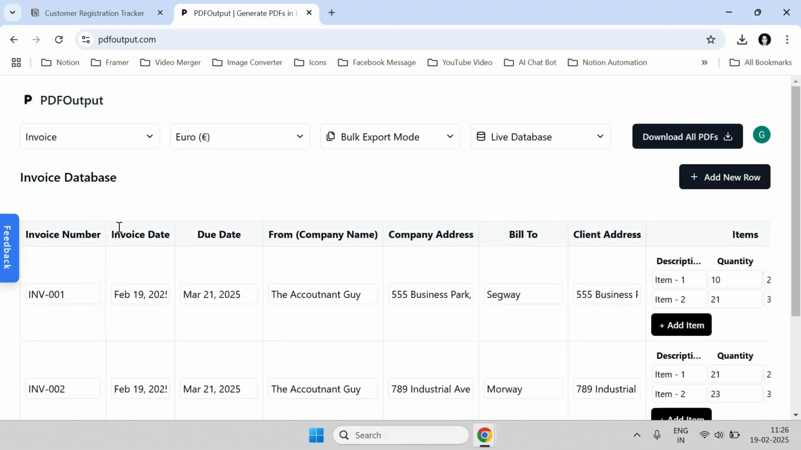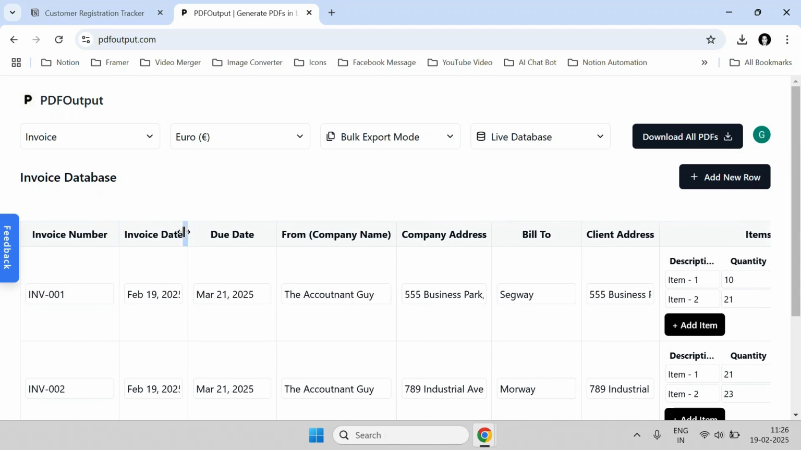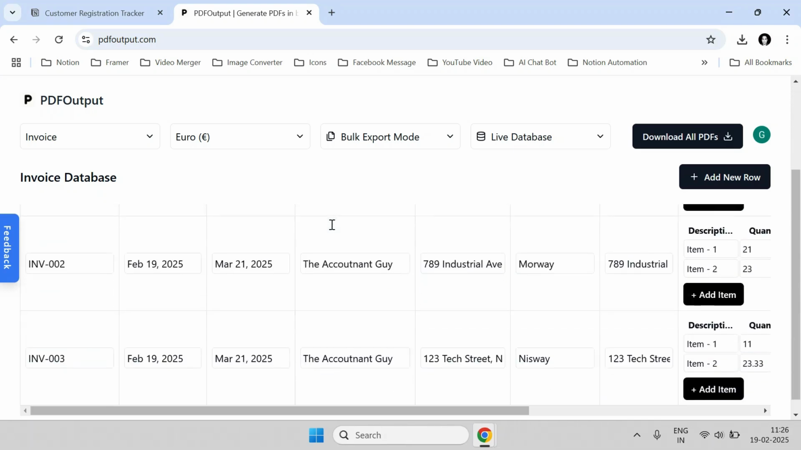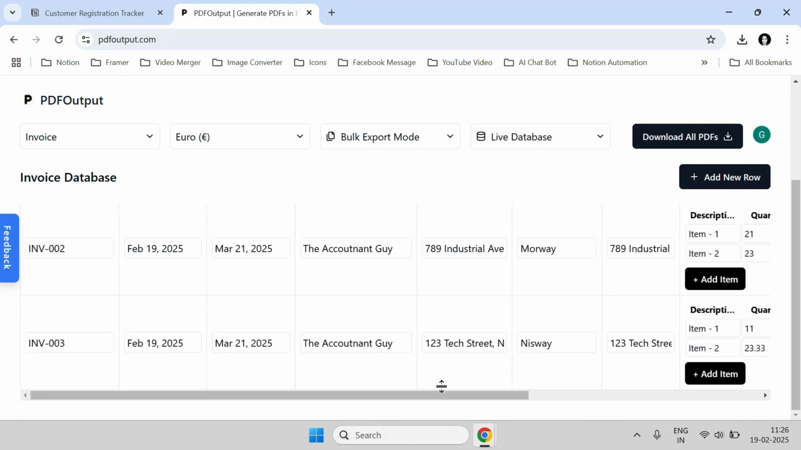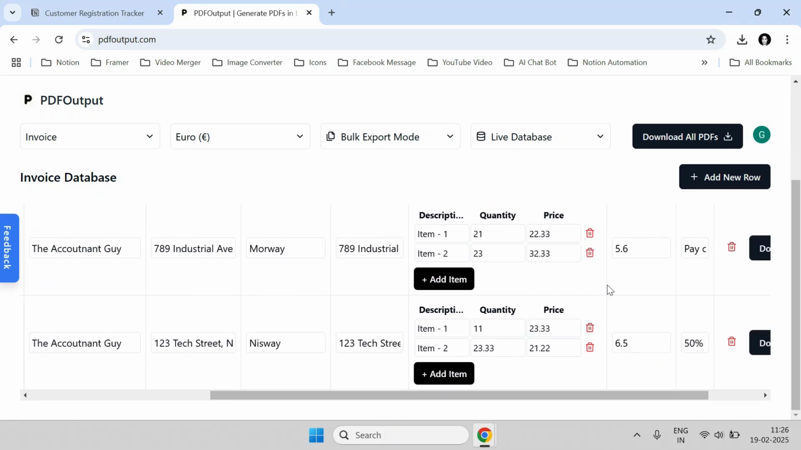You can see we have the invoice number, the invoice date, and exactly the same fields that we had filled in the single PDF mode. You can also expand these columns. If you're not able to see any of these columns, it will be properly visible for your requirement. I've gone ahead and filled in every detail that was required, and now it's time to generate the PDF